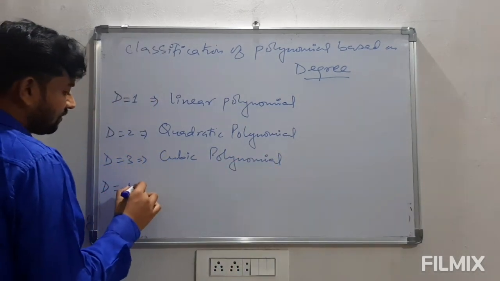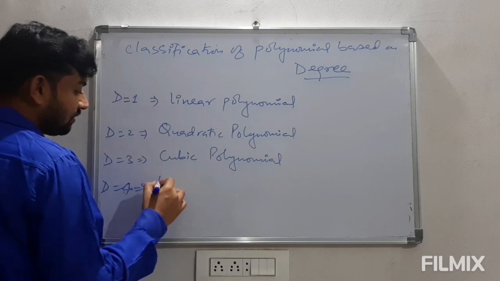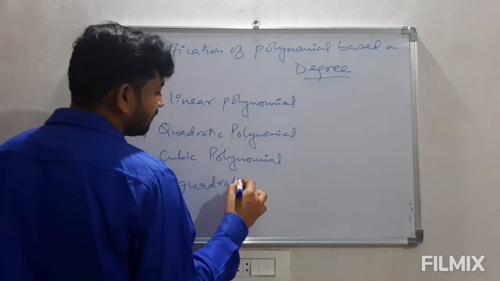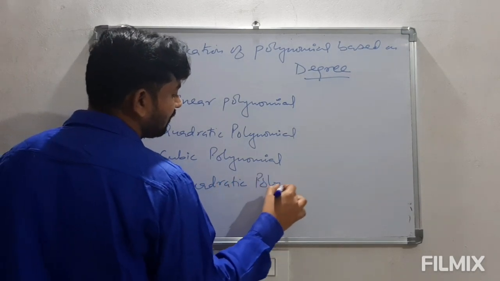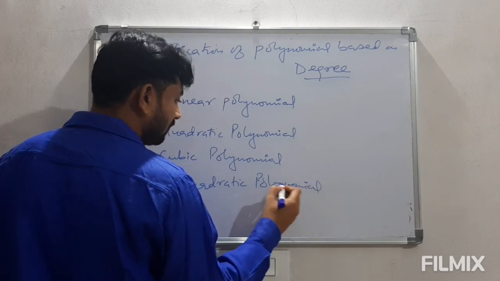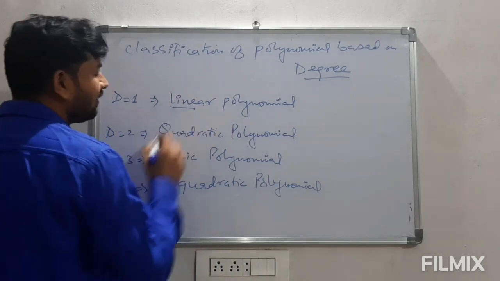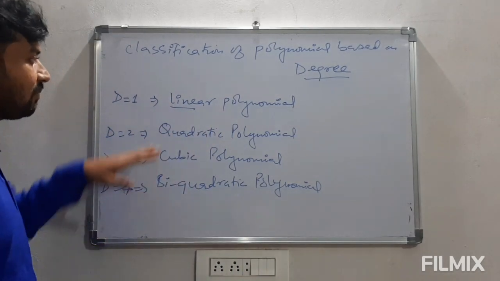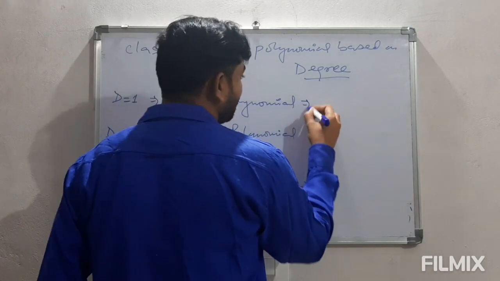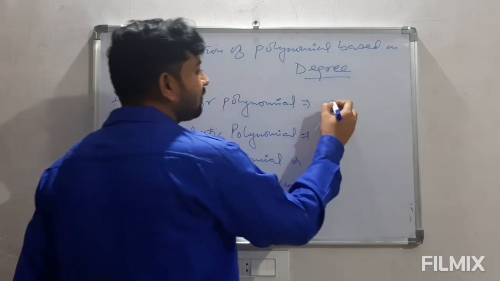और लास्ट, which is in your syllabus, is degree 4, that is called biquadratic polynomial. Now see, the whole nomenclature is based on the degree. Line, what does the line mean? Line is an equation where the general form, if we talk about the general form of a linear polynomial, is nothing but